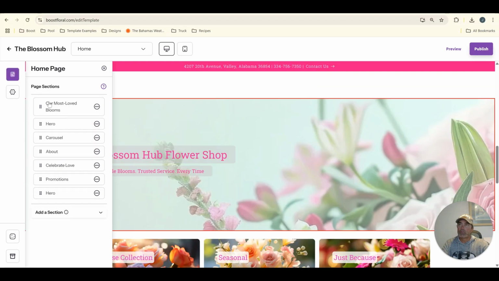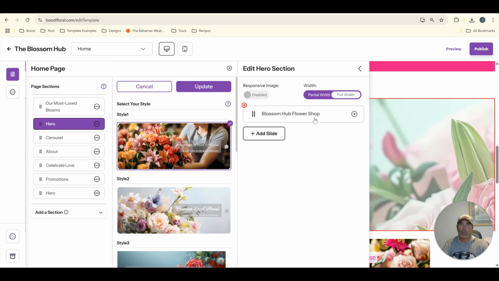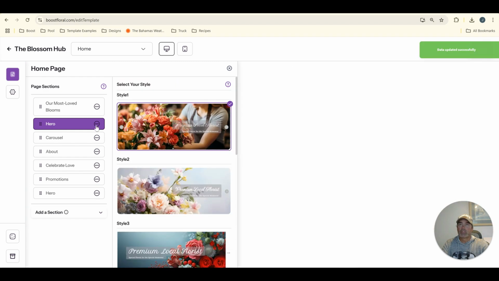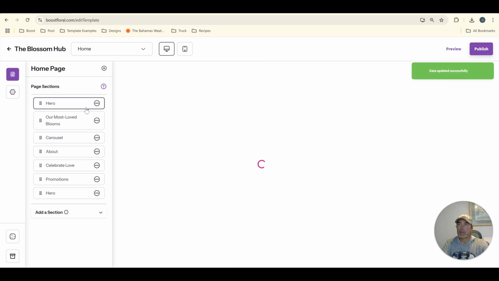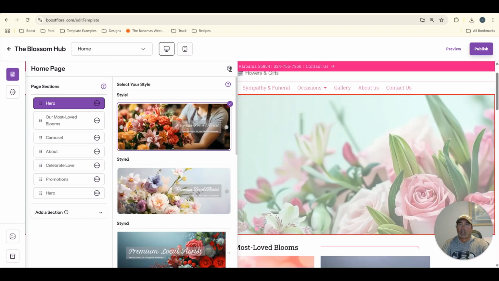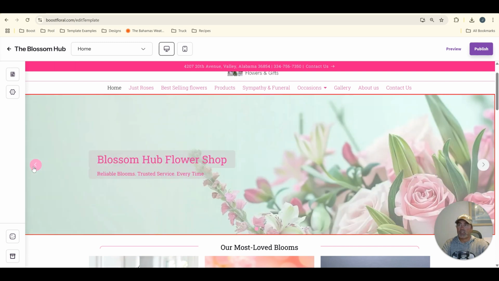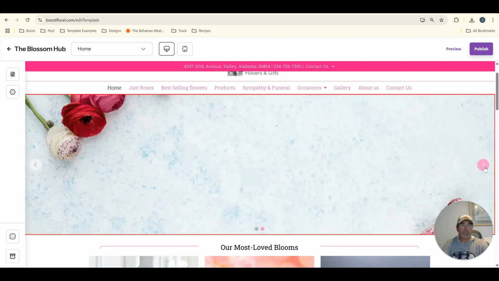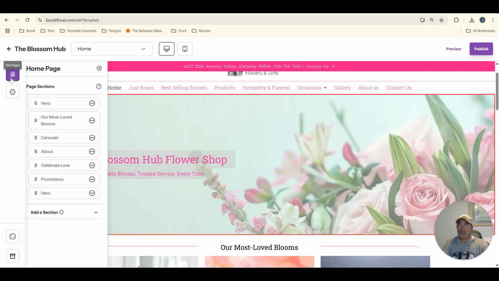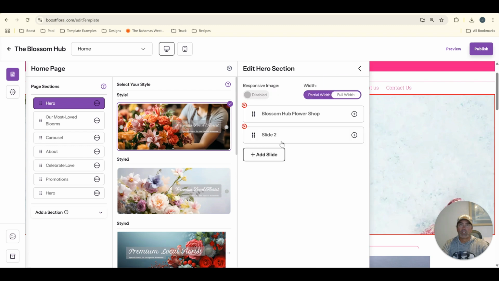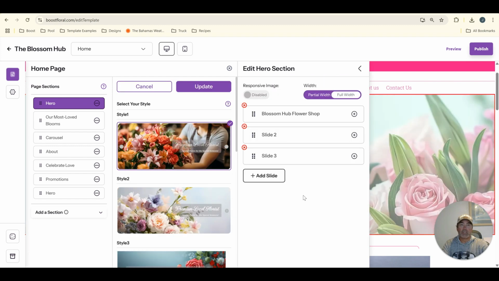So I'll also show you how to add another slide to a hero and what that does. I'll move this back to the top here. So when I add another slide, it's another image that the hero scrolls through. And you can see this hero has these little circle scroll bars. Different heroes have different scroll arrows. And I can add as many images as I want to this carousel,